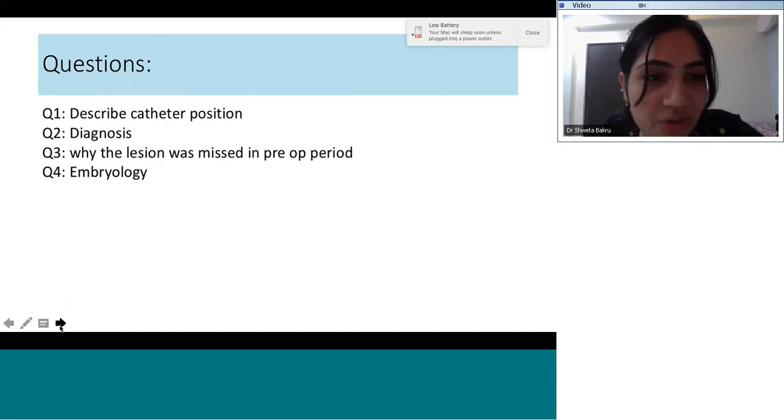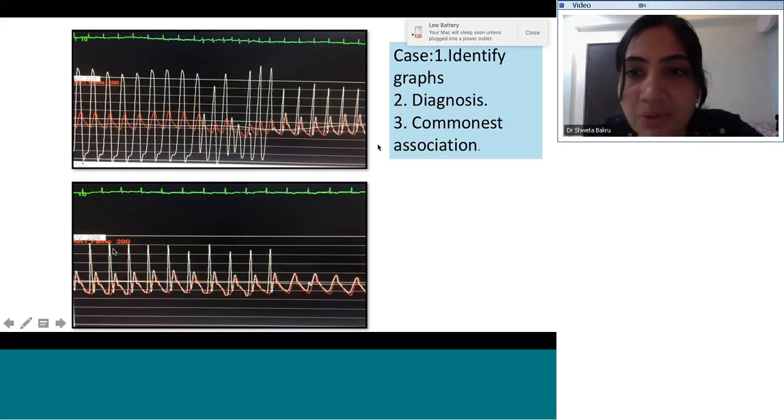Okay, too much of angiography. We will skip those pictures. Now, who will take this? Yelikar, can you please take this? In between, if anybody would like to answer, please do that. Now you identify the trace, and what do you think? What is your diagnosis? Oops, the answer was there.